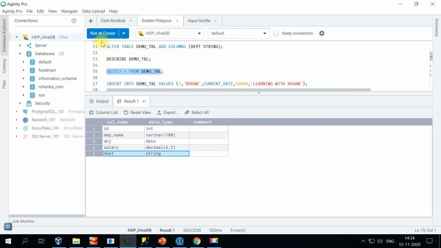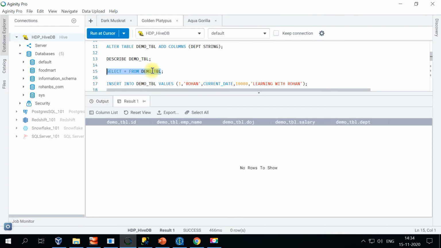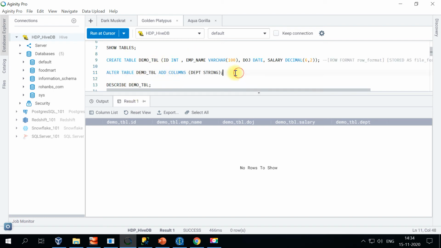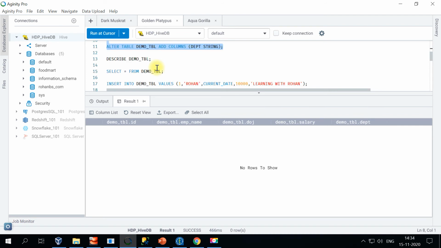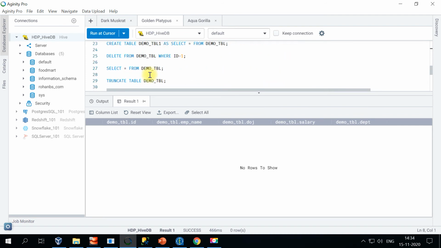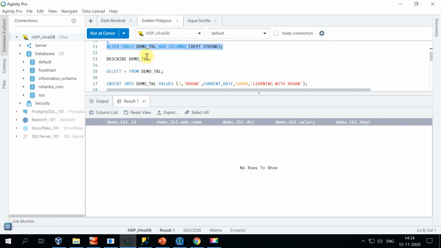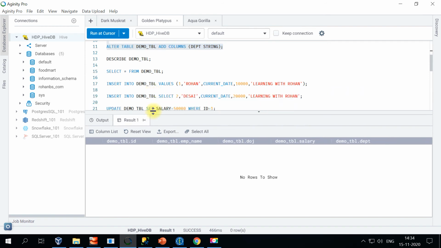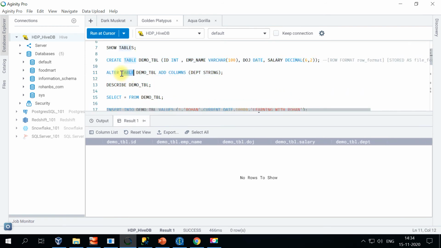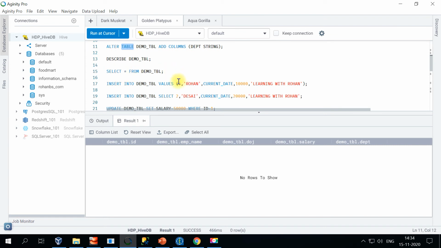And once this is done, you can do a select star from the table name, and it will show all the records that exist. These are the ones above that we have seen as DDLs. We also have a few more DDLs towards the end to drop the table. So now that we have created a database and a table, and we were able to alter the table, let's look at inserting data, because our table is right now empty. Let's look at how we insert data into a Hive table.